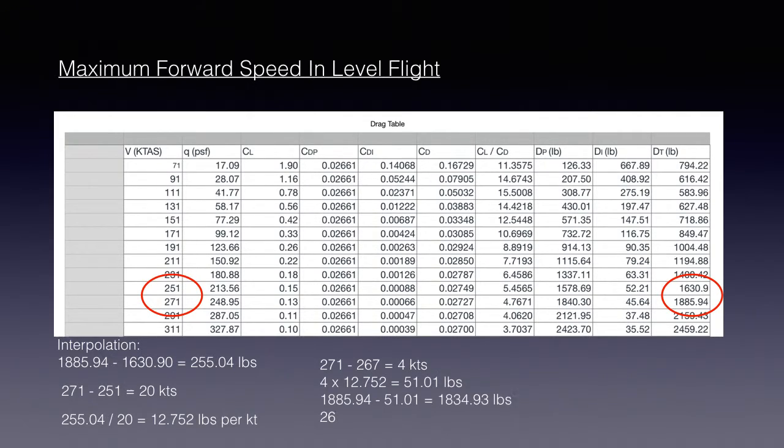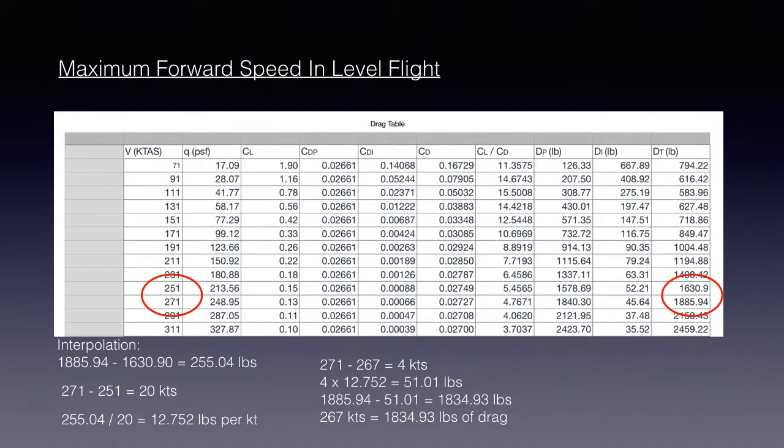12.752. So now we can take that data and subtract the 271 minus 267, which is what we came up with on the table in the previous slide. And that comes up to about 4 knots, and then we multiply that out, and we come up with about 51 pounds of difference there. And since the 267 is closest to 271 knots, we subtract the 51 pounds from the 1885.94, and we come up with